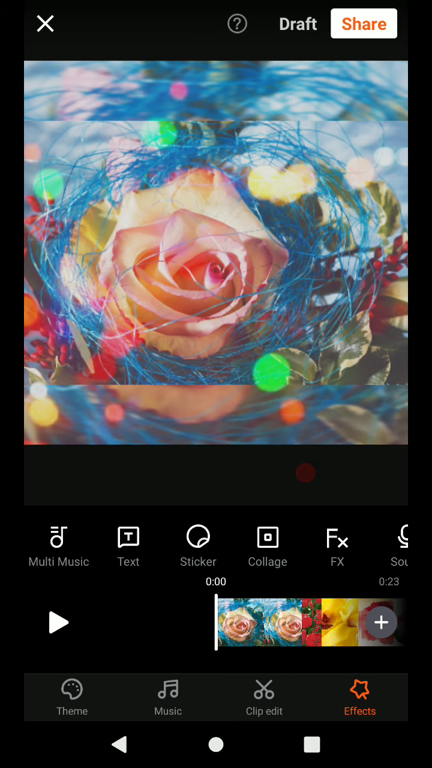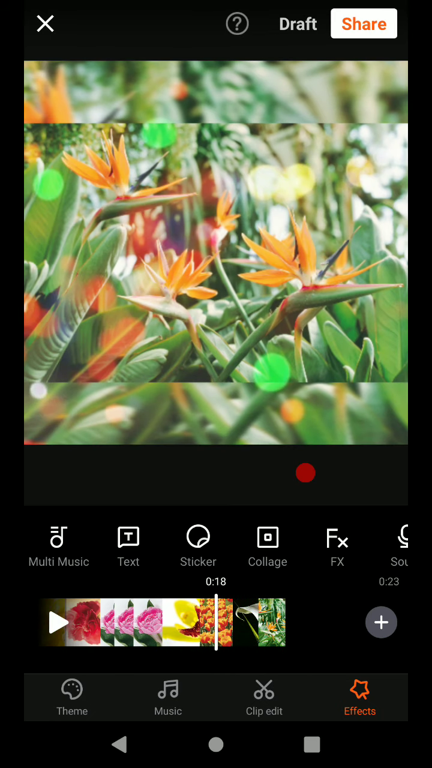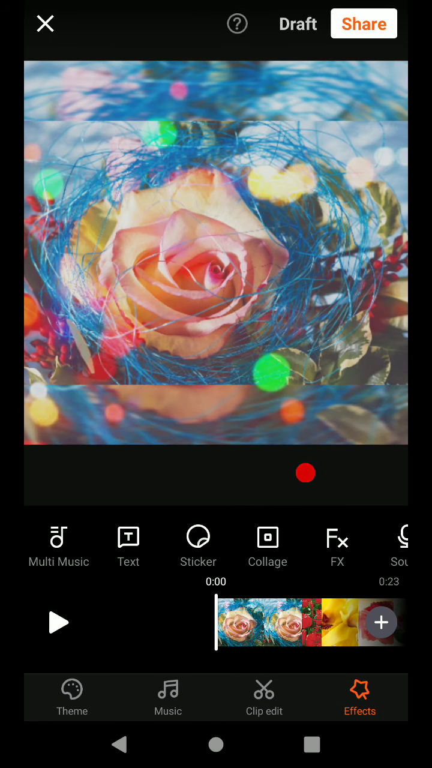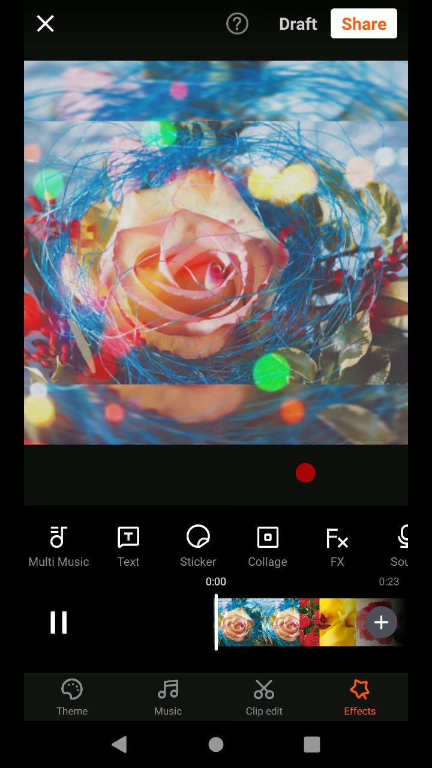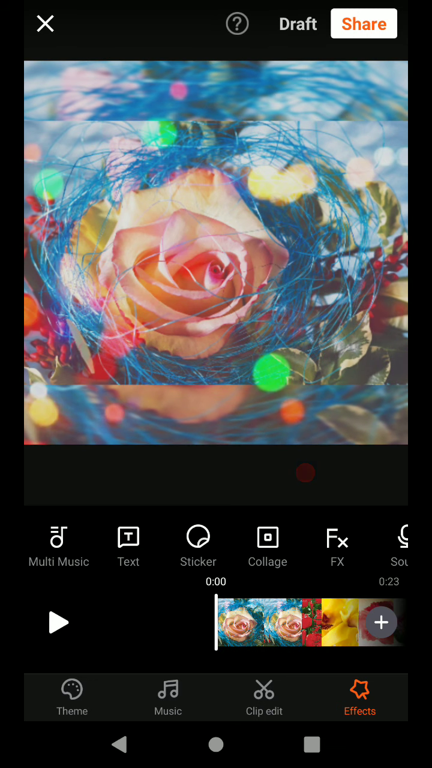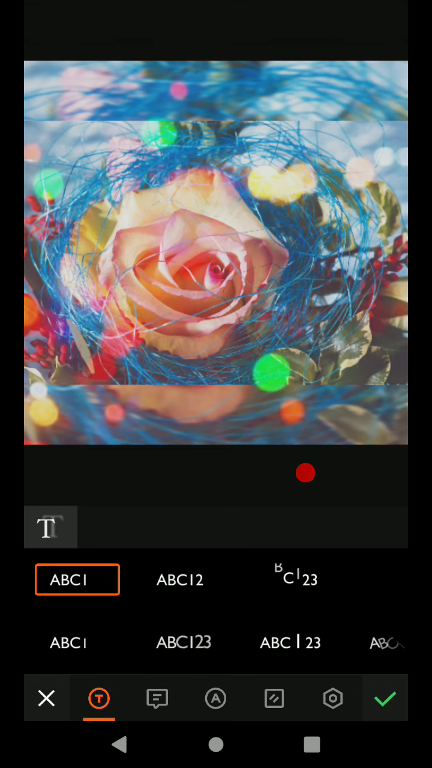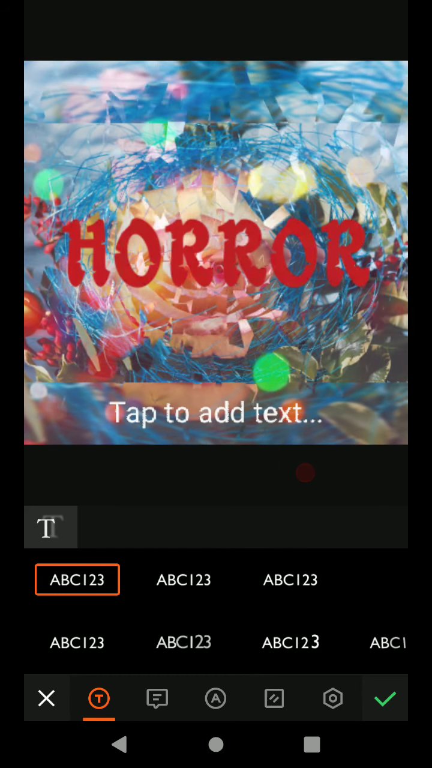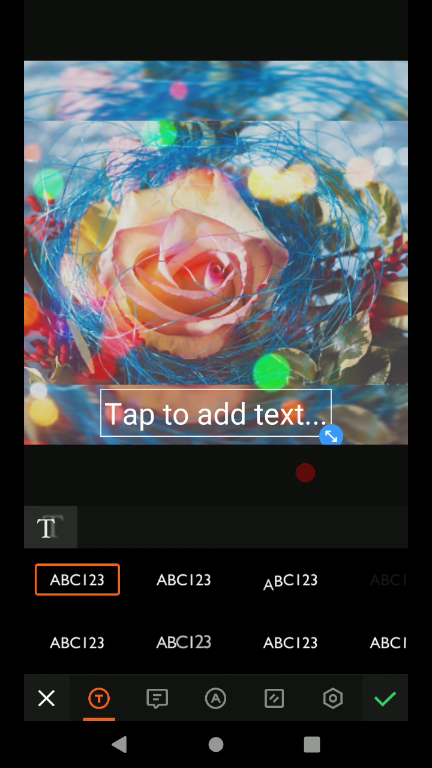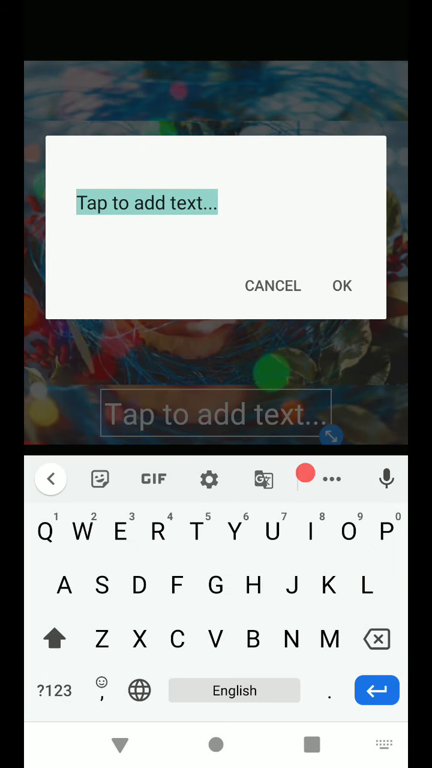The second option is text. At the bottom it is showing me the timeline, how my concept is being organized by me. So the next option is text. I want to insert some text in my video, so I'll click on this text option. While clicking on this text option, just see it is written here, tap to add text. So I'll type here